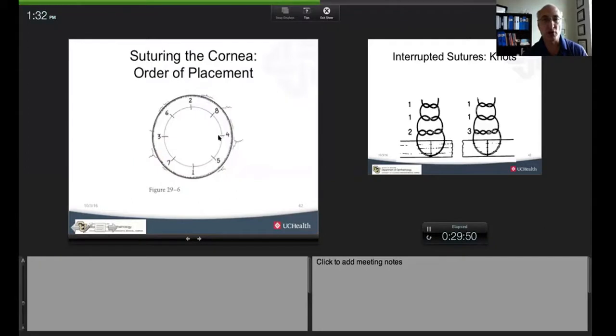This shows you the order of suture placement, so 1 and 2, and then 3 and 4. So usually we'll go to the surgeon's 6 o'clock, and then the 3 and 9 o'clock position, and then in between. And that's your first 8. Now if you're going to do 16, then you can come around and put interrupteds in between there. And again, the idea here is 1 millimeter on the donor side,